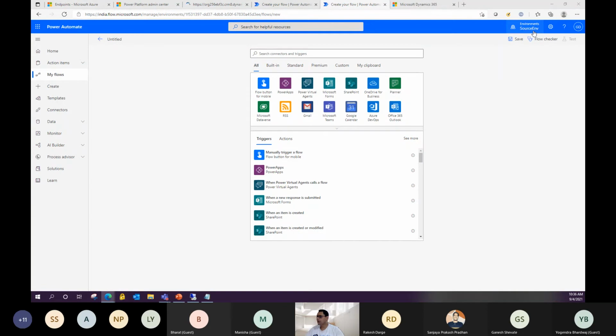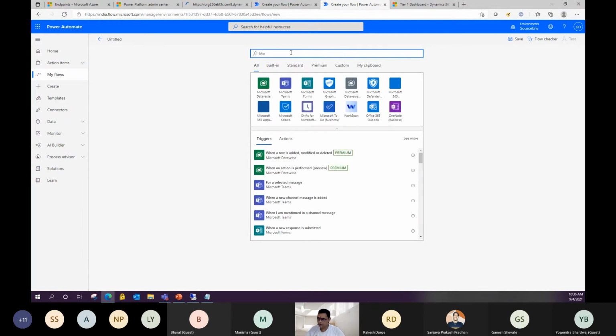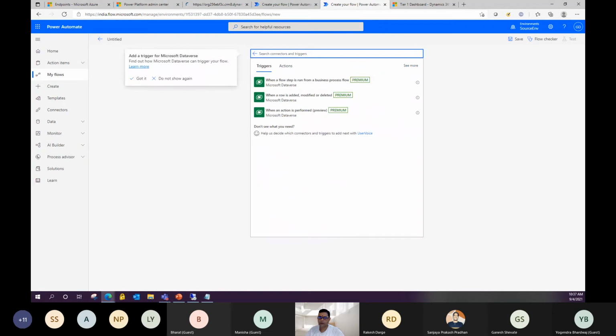This is the source environment where we'll create the incidents, and for that we just need to use the Microsoft Dataverse connector, and we will use the trigger rows added, modified, or deleted.